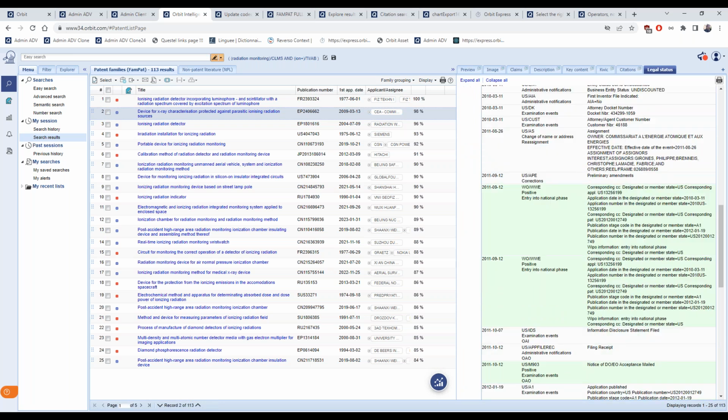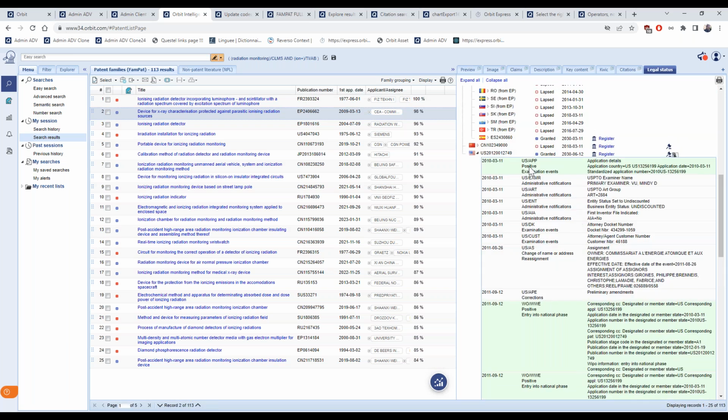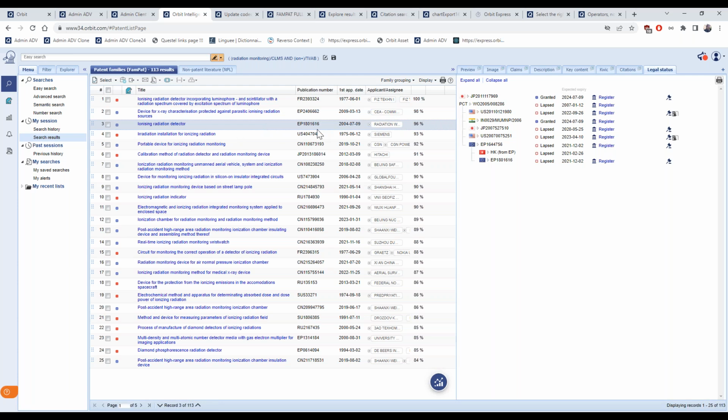To focus on only specific members, well, of course, first of all, you can use FullPat as a database, but still it will monitor any legal event available in the legal status here. Maybe I can show you something, switching from FamPat to FullPat, just to show you the difference.